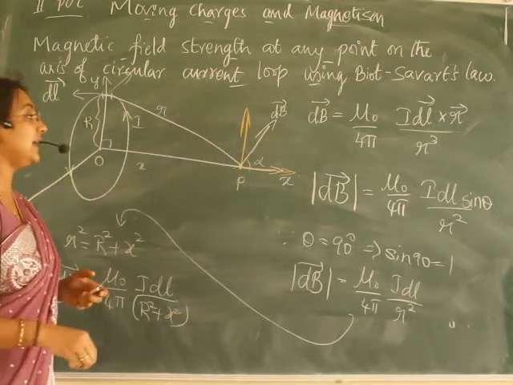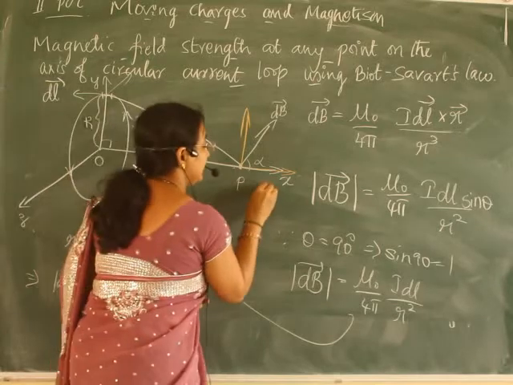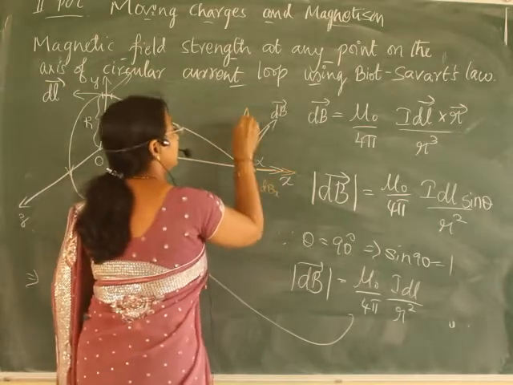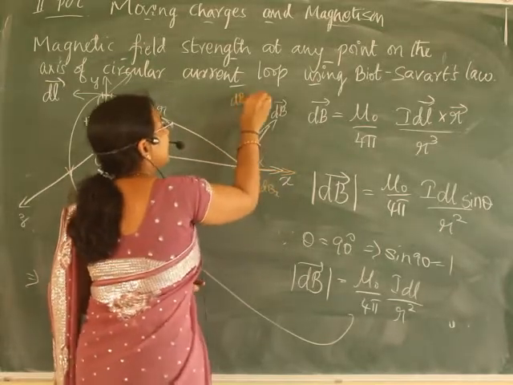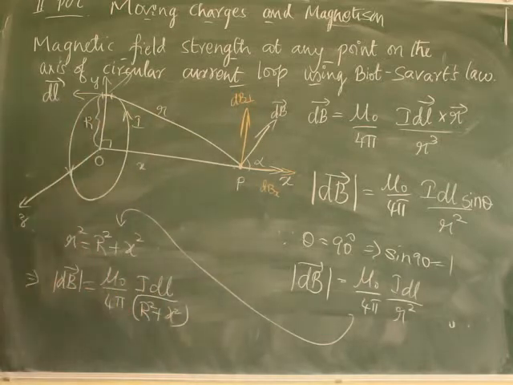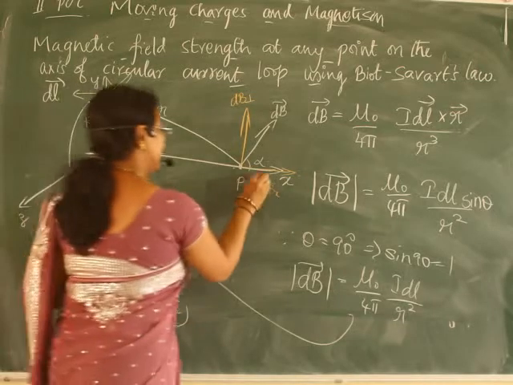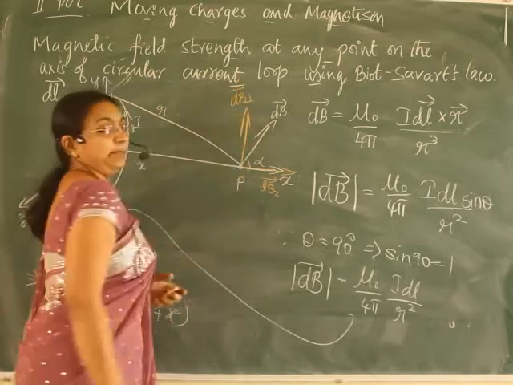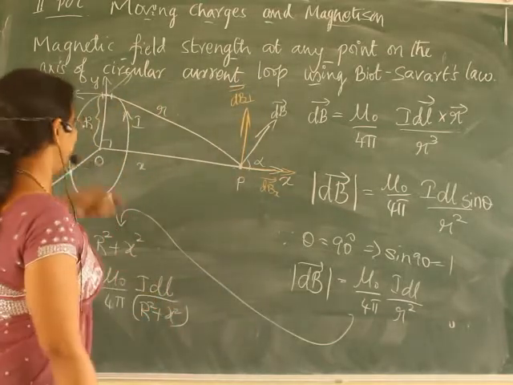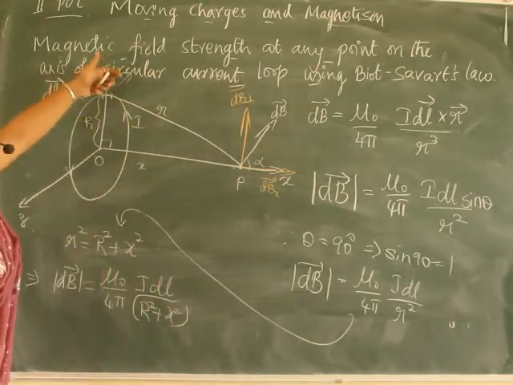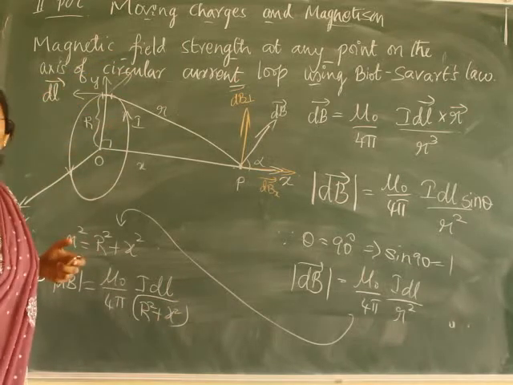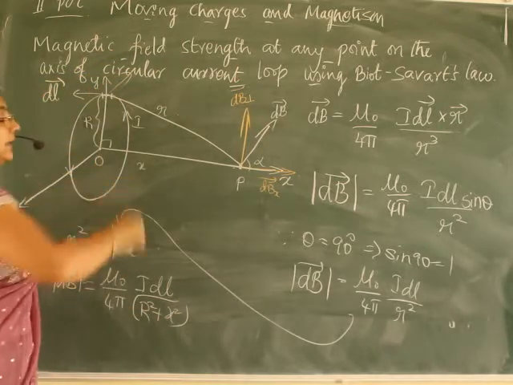Correct? Along the x-axis, I will say dBx. And along the y-axis, I will call it dB perpendicular. Correct? dBx and dB perpendicular. Is that fine? Is it okay if I call it like that? Okay, dBx vector and dB perpendicular. What I am going to do, dB is the magnetic field. The direction is like this. Okay? The tangent for this particular point.